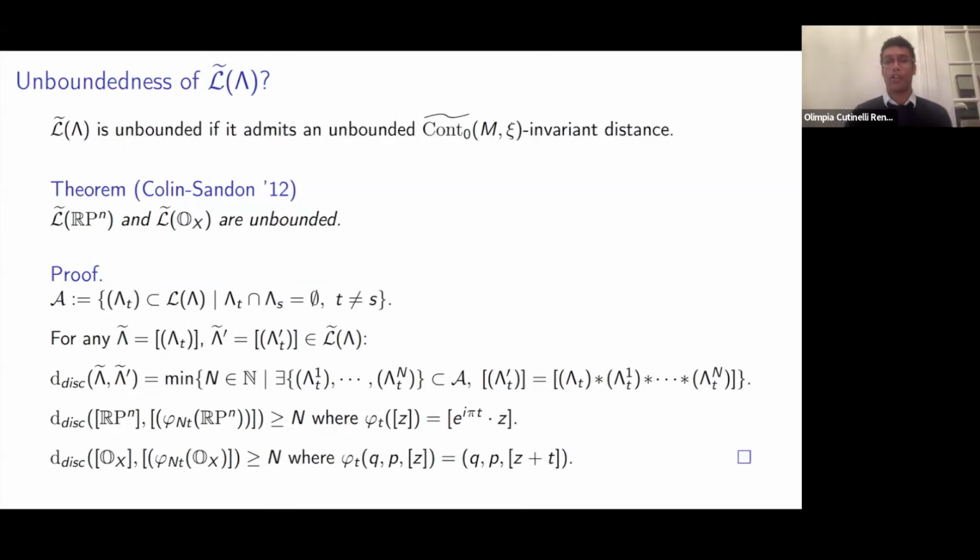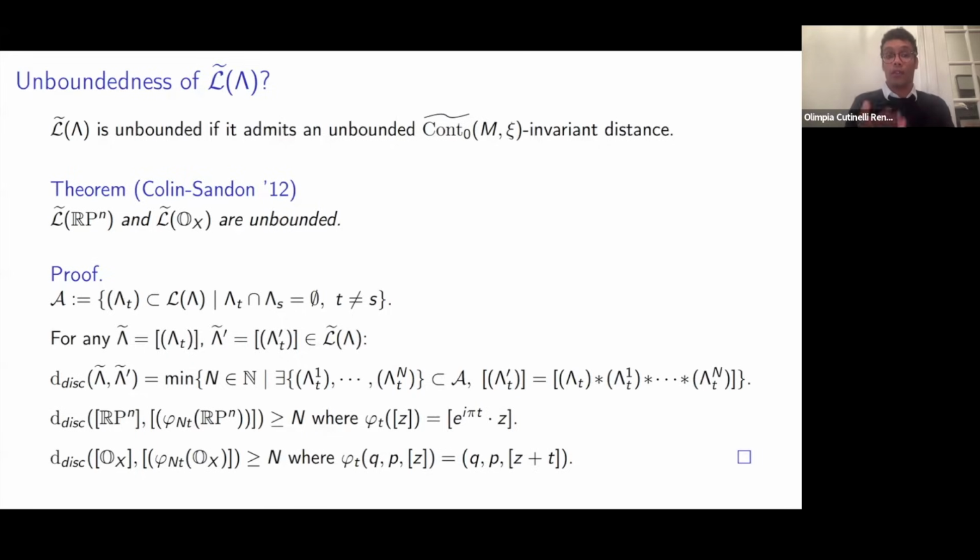A somewhat similar construction holds also for the one-jet bundle. Here they also take the Reeb flow. Here the Reeb flow is just the translation in the last coordinate. And again, the Reeb flow is periodic, so after an integer amount of time it comes back to the identity. Then again, if you apply the Reeb flow to the zero section, after an integer amount of time it comes back to itself. So you have an intersection.